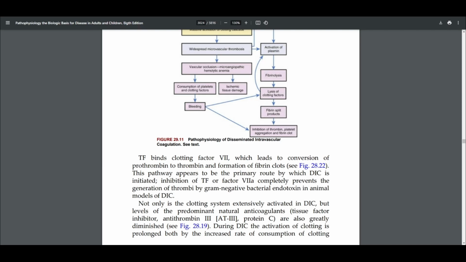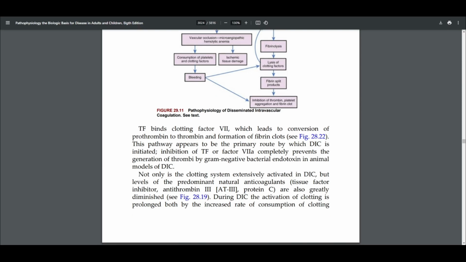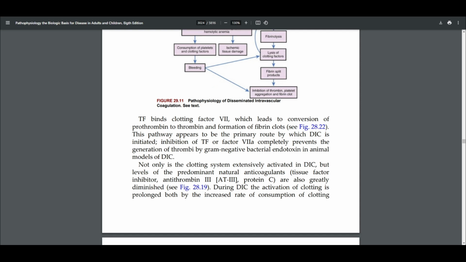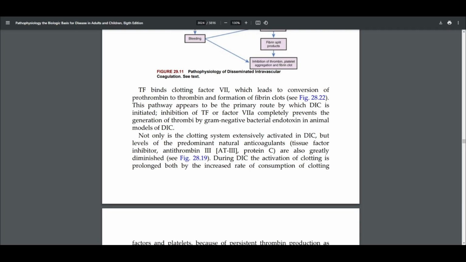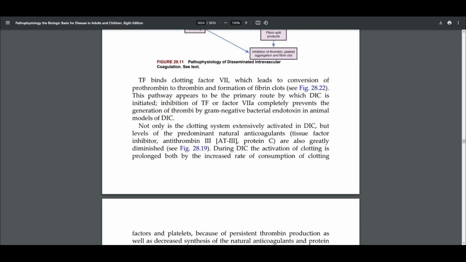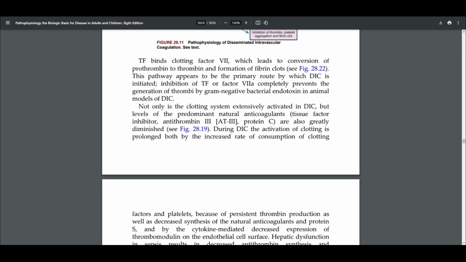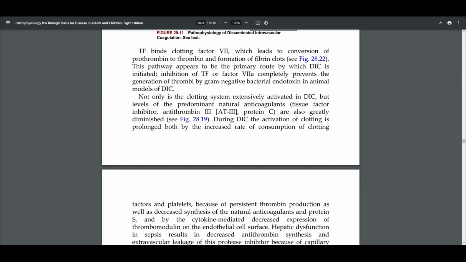So TF activates clotting factor 7, which leads to the conversion of prothrombin to thrombin and formation of fibrin clots. This pathway appears to be the primary route by which DIC is initiated. Inhibition of TF or factor 7A completely prevents the generation of thrombi by gram-negative bacterial endotoxin in animal models of DIC. Not only is the clotting system extensively activated in DIC, but levels of the predominant natural anticoagulant are also